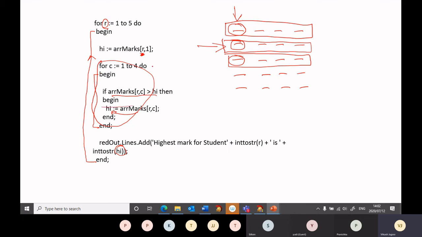And the C loop goes 1, 2, 3, 4, 1, 2, 3, 4, and it's looking for the highest value. When it finds that highest value, when that loop finishes, it comes and it prints the highest value, go back to the top, R becomes 3, and so forth. You really should be getting the idea, because this is the same concept that was explained when I summed up each row. It's exactly